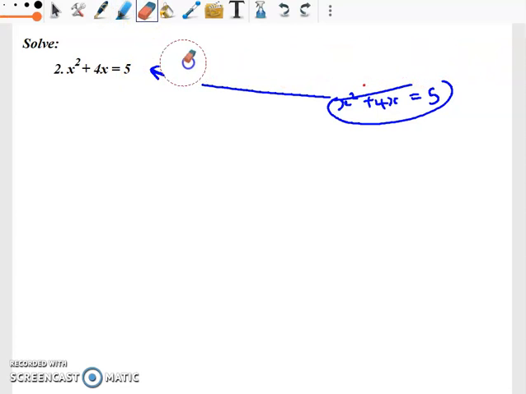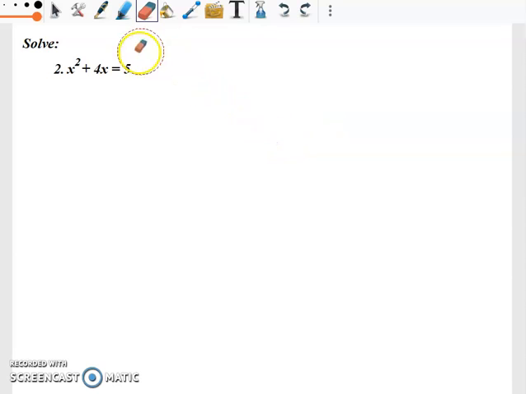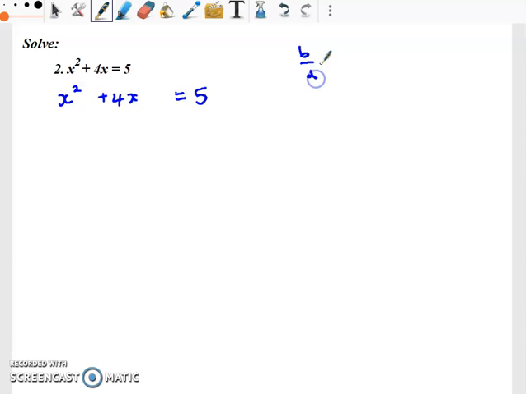Alright, so let's carry out this operation now. Whenever it is in this form, you can just go straight into starting the perfect square procedure. So let me rewrite this as x squared plus 4x equal 5. So what you're going to do now, you take the b, divide that by 2,